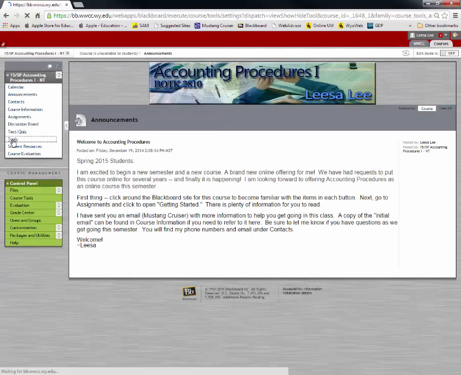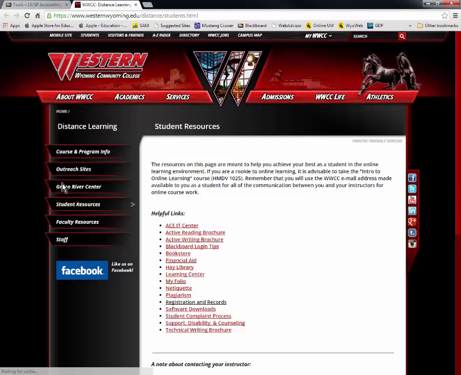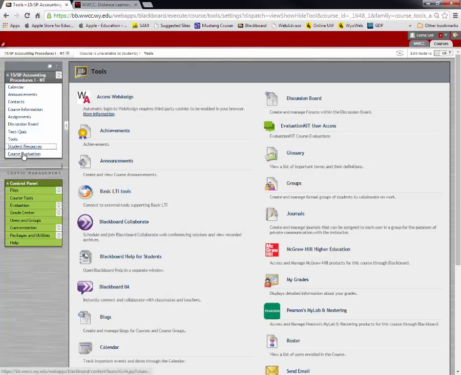Then back to tools. I think we probably will use Blackboard Collaborate, and that is where we can have group meetings, and especially maybe I can have a review for a test, or we can go over problems together. I don't really know exactly how those will get scheduled, but that's the vehicle I will use for doing that. So after tools, we have student resources, which takes you to our college website and shows you the different offices that are important to you. Okay, and then the last thing is the course evaluation, and that won't be available until the end of the course. All right,